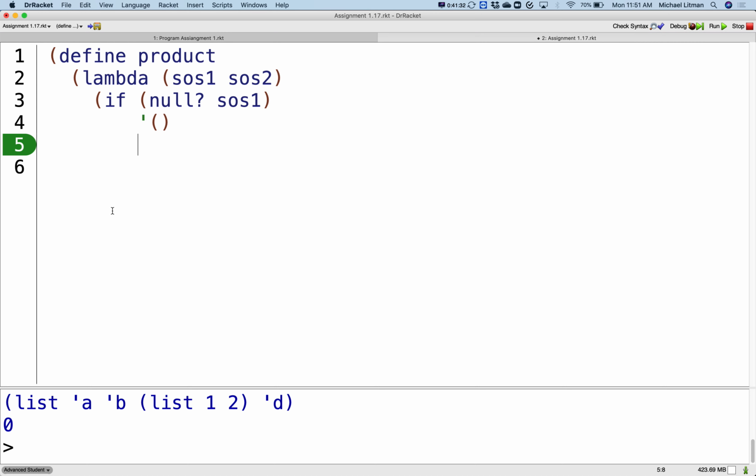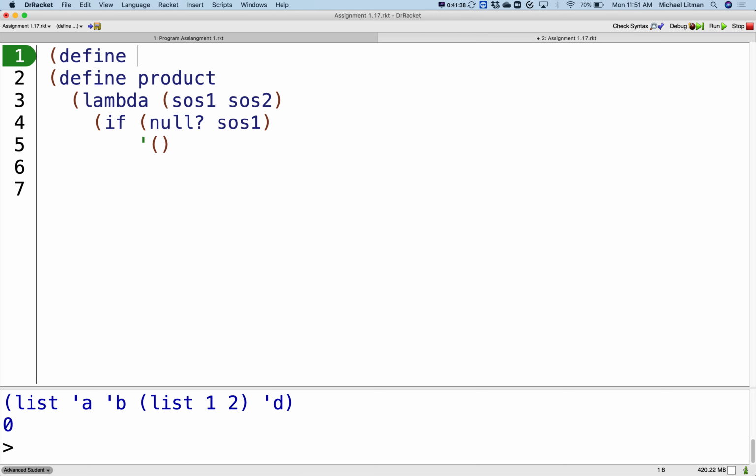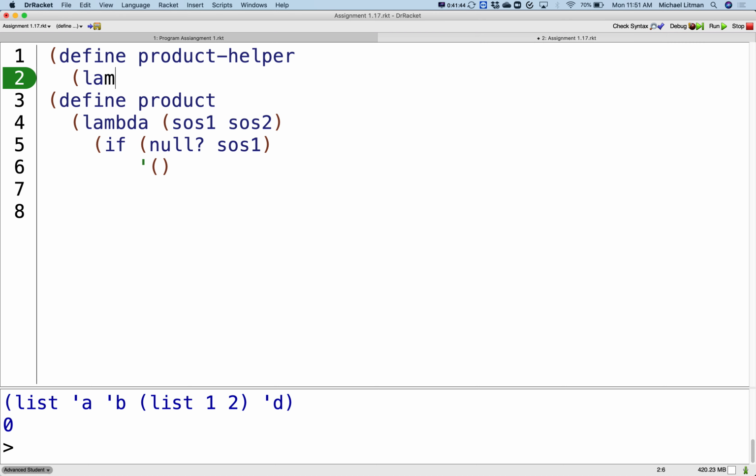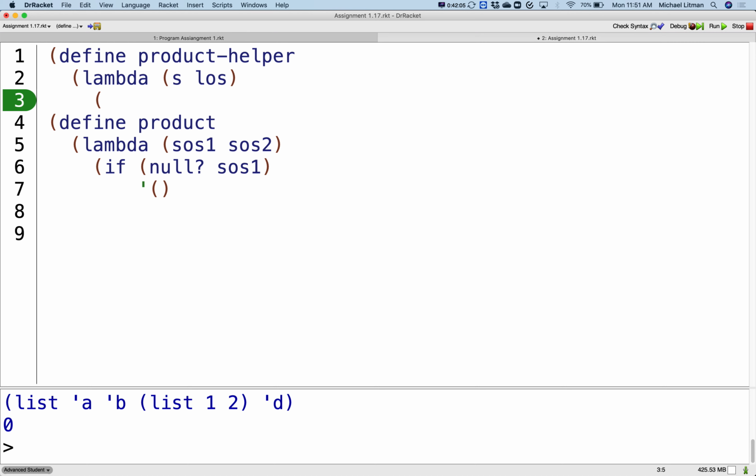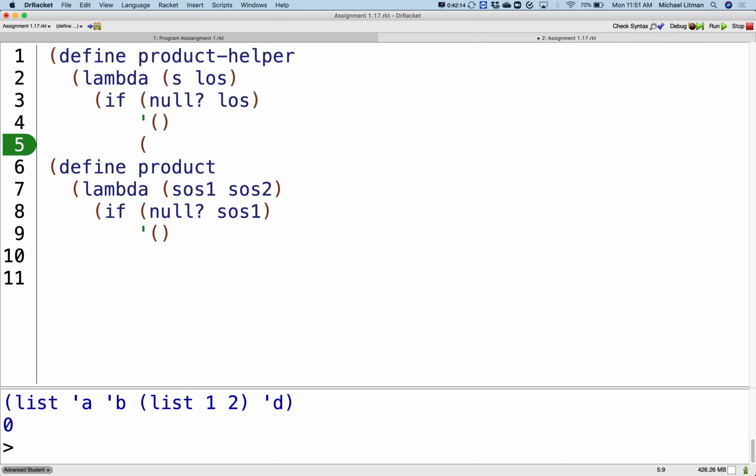So we can give ourselves a little helper here. Define product helper. This guy will take in a lambda with a symbol and a list of symbols, and his job will be to create a to list of every single one of those symbols. If null list of symbols, boil down to the empty list, else